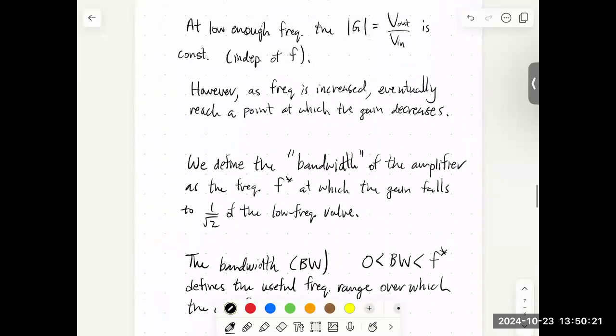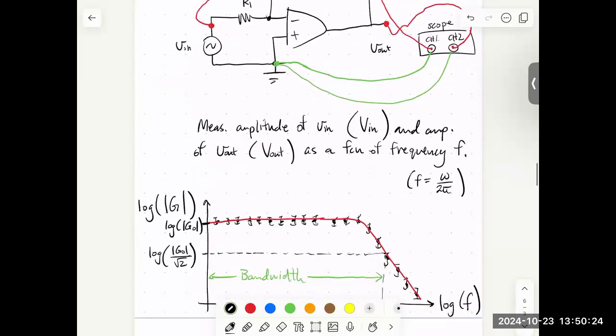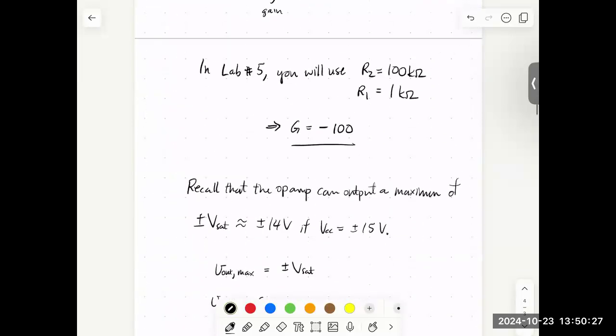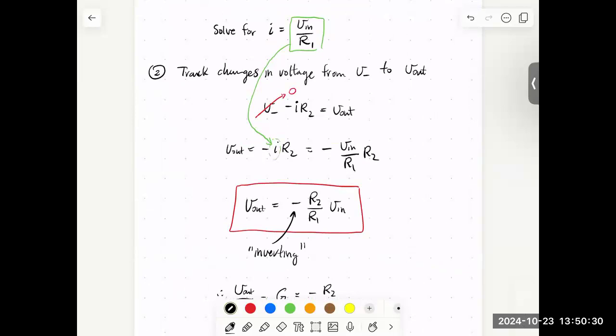Let's go back to this circuit here. Where did we actually calculate the gain? Here it is. There's actually no restrictions on the gain here. It's always negative for the inverting amplifier, but I could make R2 a kilo ohm and I could make R1 100 kilo ohms. I could make the gain -1/100. So I could use it to reduce my input as well. Sometimes that may be a useful thing. I can't do that kind of operation with a non-inverting amplifier.